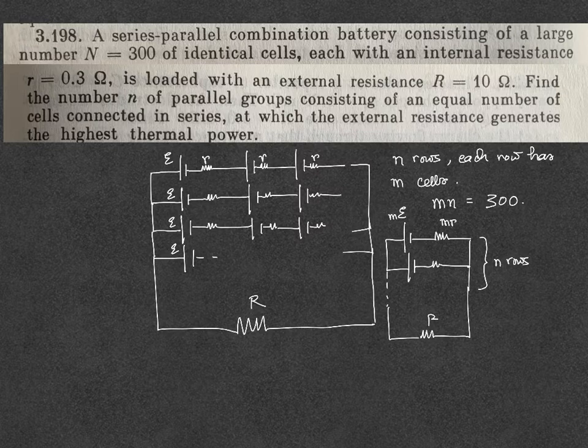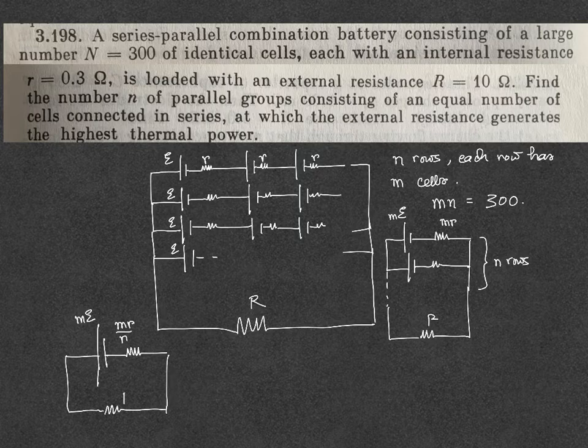So n rows. So what is the equivalent resistance actually? So equivalent resistance is as if they are in parallel connection. So m r by n, and the battery will also have the same EMF mE, though that does not matter. Only you know that from maximum power transfer theorem we have to do this, R is equal to small m